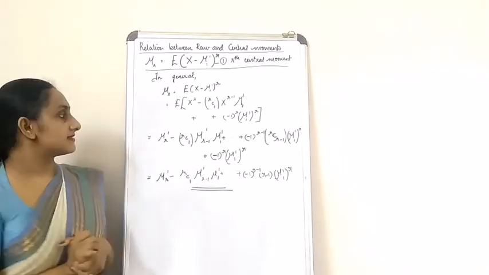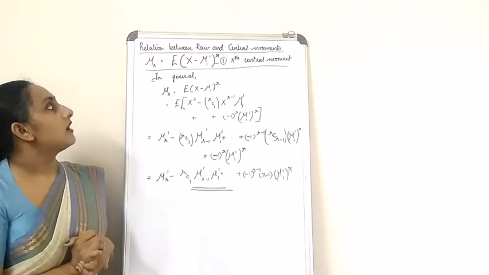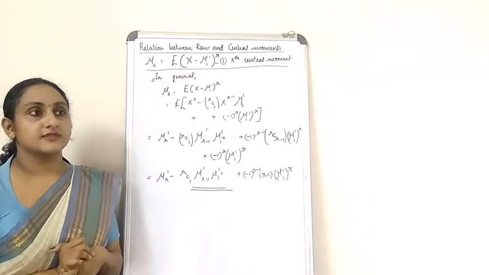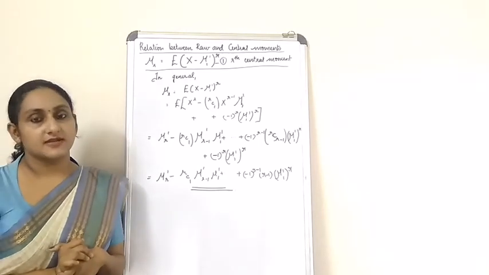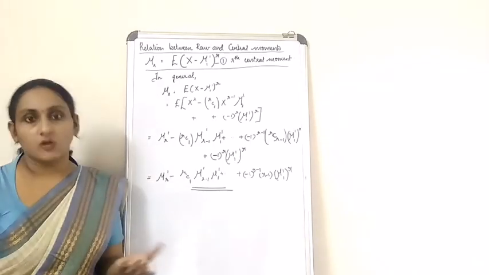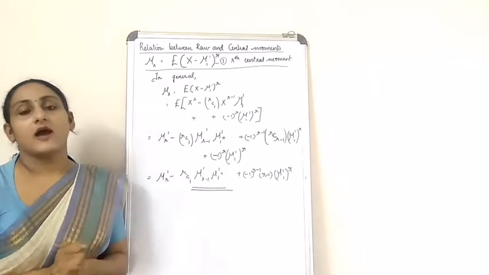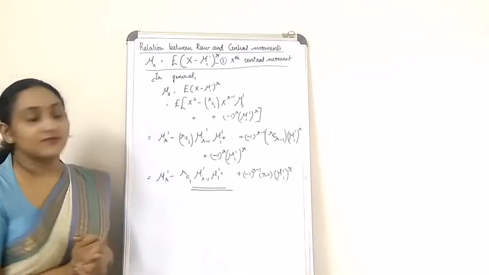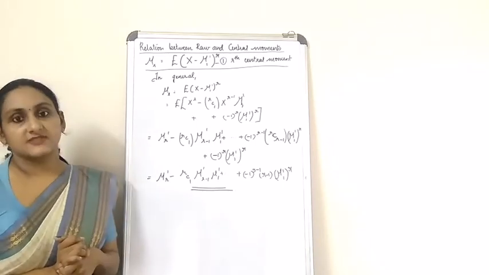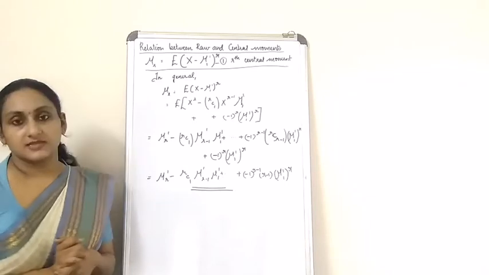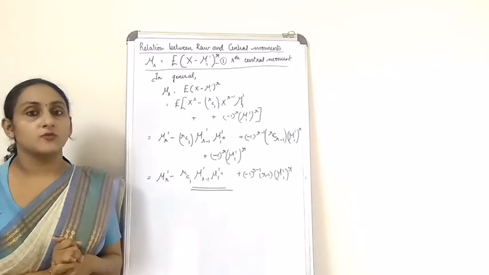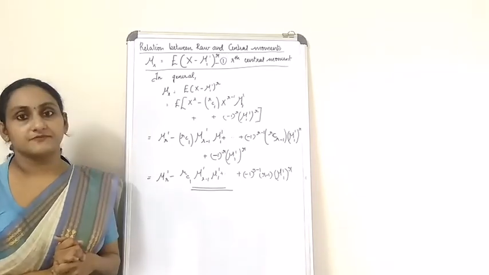So now this is the relationship between raw moments and central moments. In this, what I did is, first I found out the first central moment, second central moment, third, and the fourth if you want you can find out, and so on. I arrived at the rth central moment, and then we expanded it and we have got an equation like this. I hope you all have understood the relation.